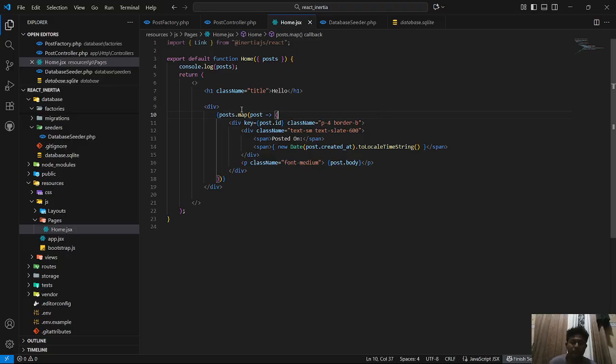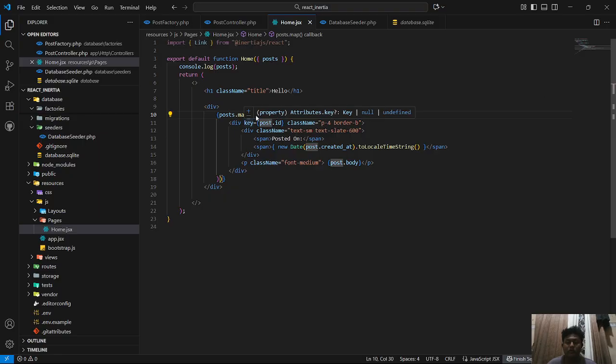First, you can add a div, and in this you add posts.map.